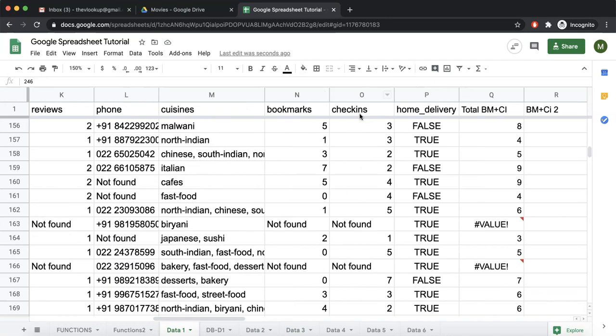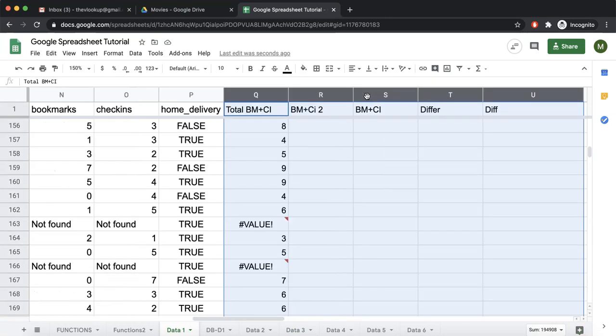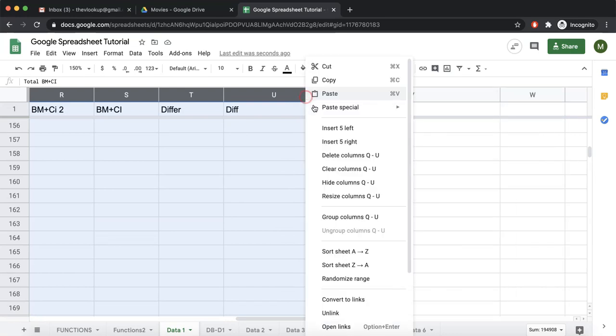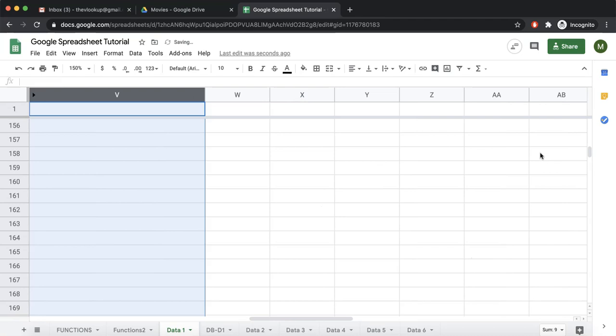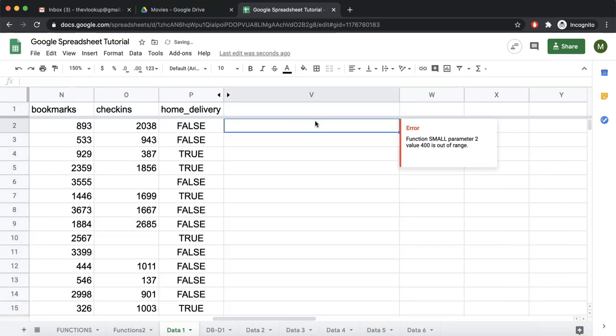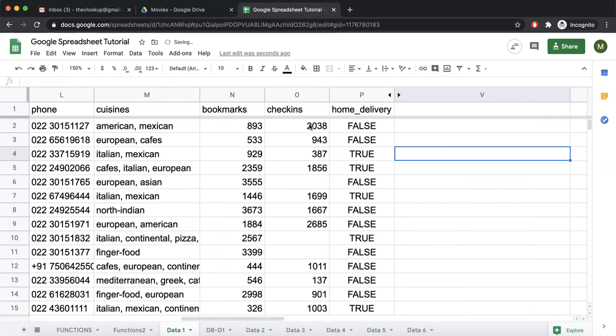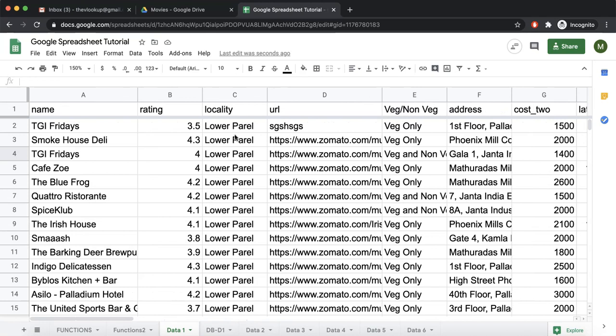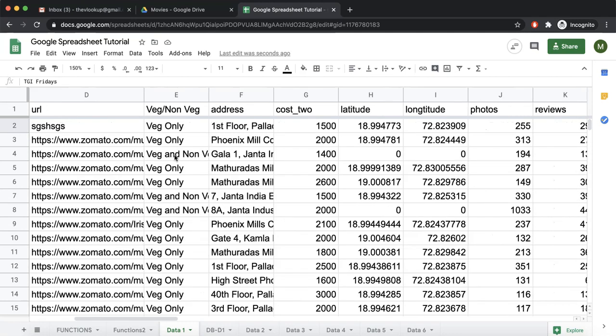Let's do one more example of an IF statement somewhere in our initial data. Let us hide all that we did from here to here. Right click and hide column. Delete this. Okay, now what we want to see is if the rating is greater than 3.5, we make this a good restaurant. If it is less than 3.5, we make it not good.